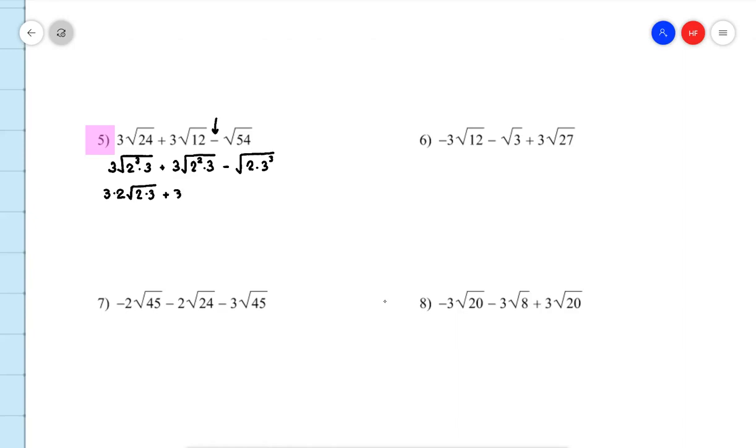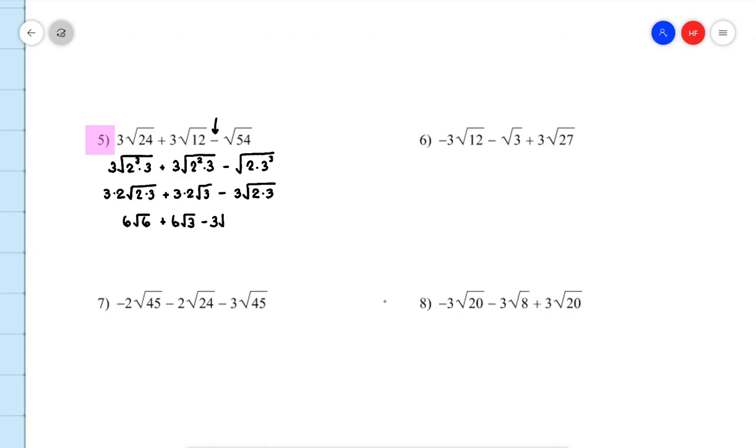We're going to get one of those 2's to come out. We'll have none left over, but the 3 stays inside. And here we'll have one of those 3's come out and have a 3 left over. So this is 6 root 6 plus 6 root 3